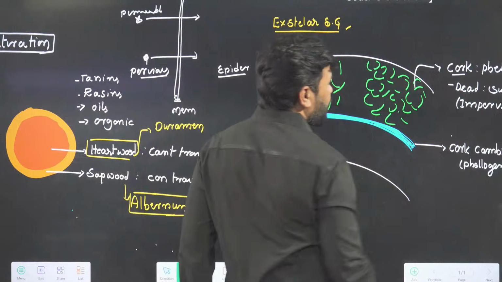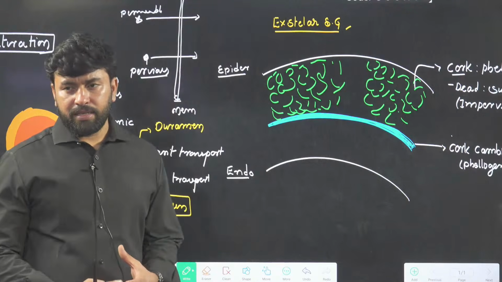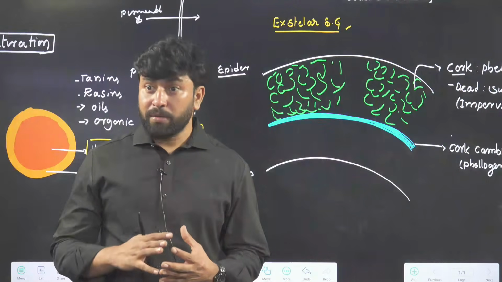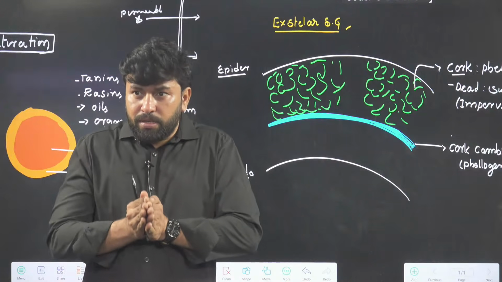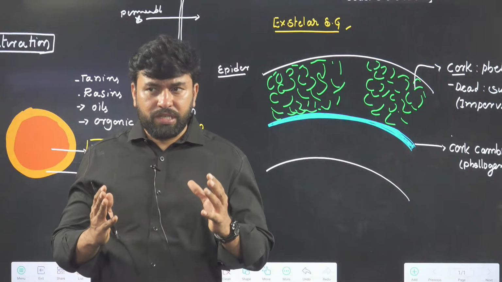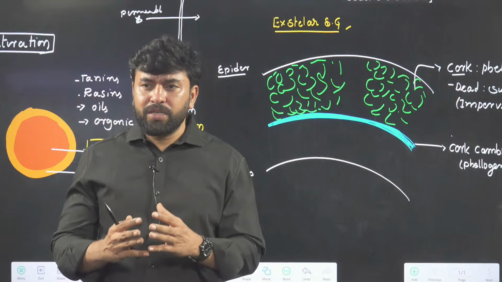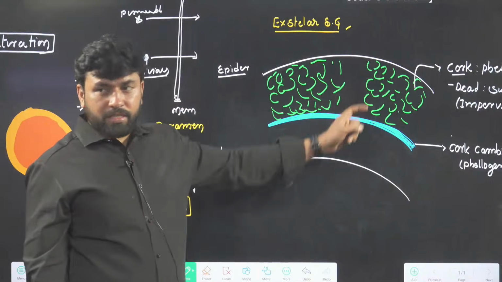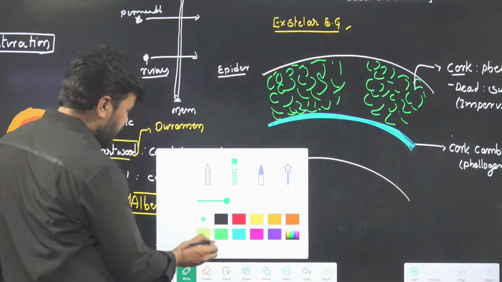There is a cork. The cork cells are resilient. If you press them, they will come back to the original state. They are also compressible, like a sponge, and will come back to the original state. That's why cork is used in cork bend preparation, etc. So this is cork. Towards the inner side,